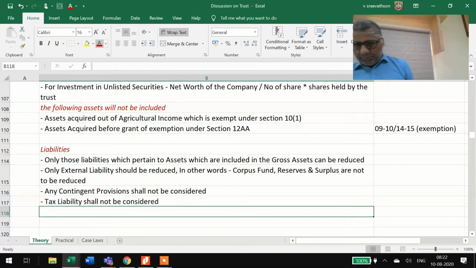Sir, how will tax liability be there for the trust? There will not be tax liability at all. Sir, we worked on so many questions just now, if they have not used that 85%. Okay, I thought for that depreciation they won't be claiming. No, fully no. This is if they have not worked 85%.